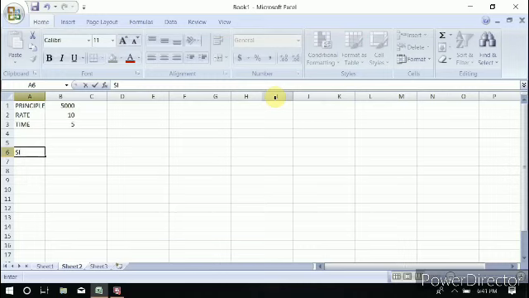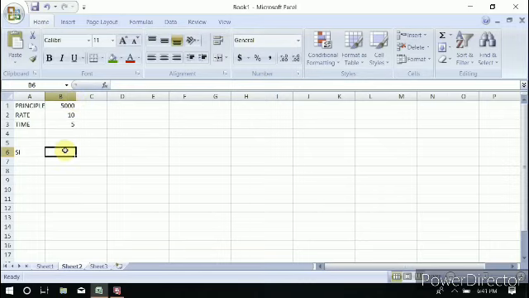So SI, simple interest. So in the cell B6 we'll use the compound formula to find the simple interest, equal to principal P. So the formula for simple interest is P into R into T by 100. That is principal into rate into time divided by 100. So our principal is in cell B1. So equals to B1